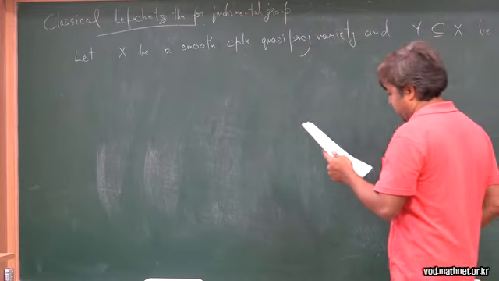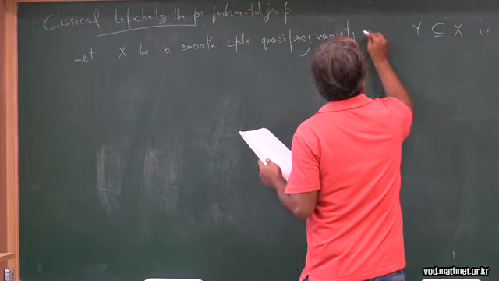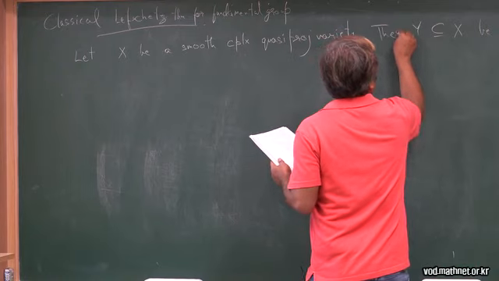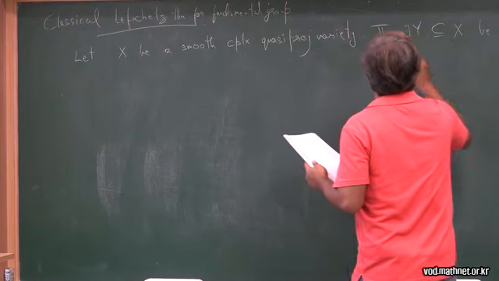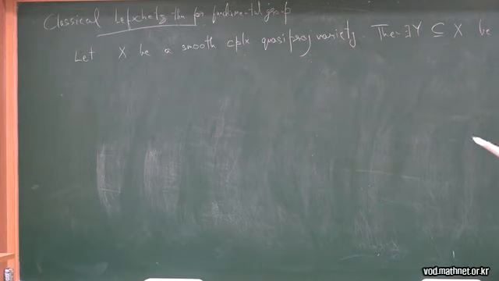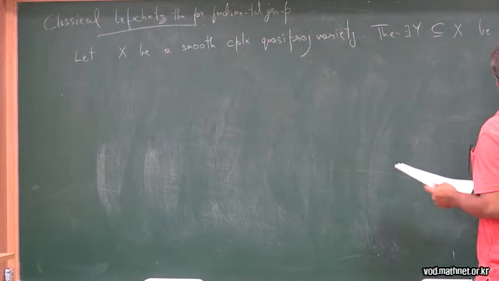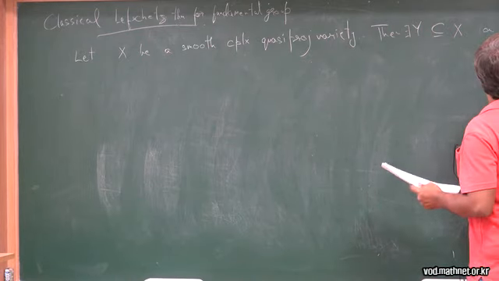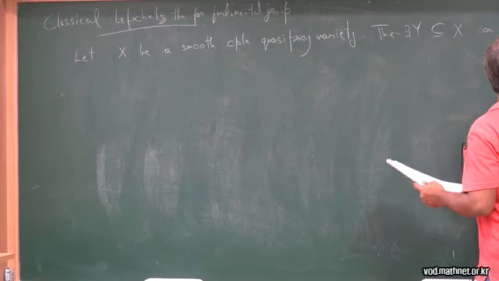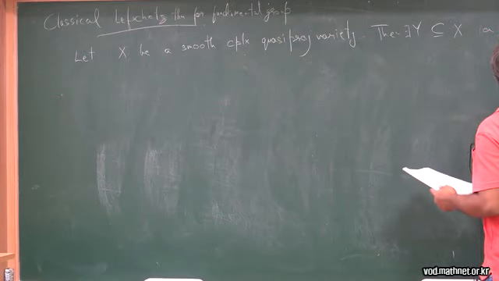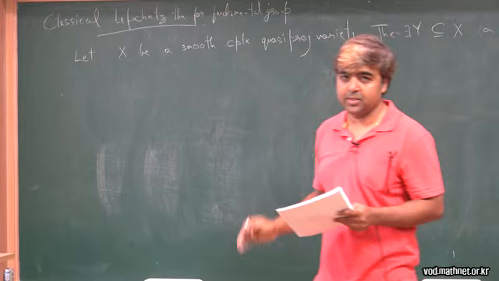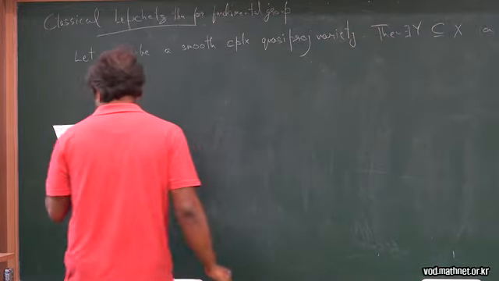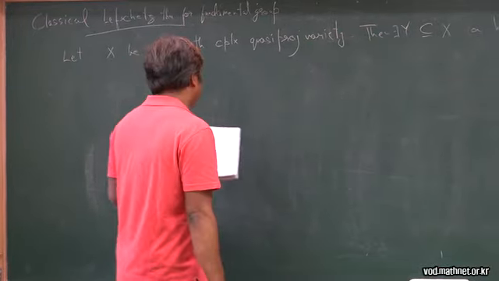Maybe I should say not all Y: it need not be true for all Y, but most Y it works. Then there exists Y contained in X a hypersurface of X, and we are assuming quasi-projective, so it makes sense, such that